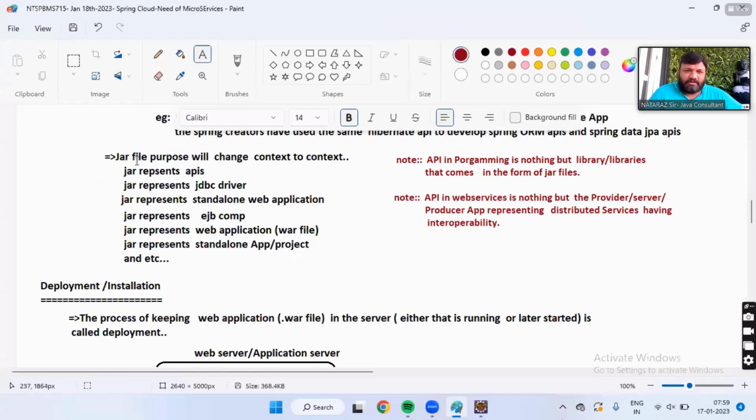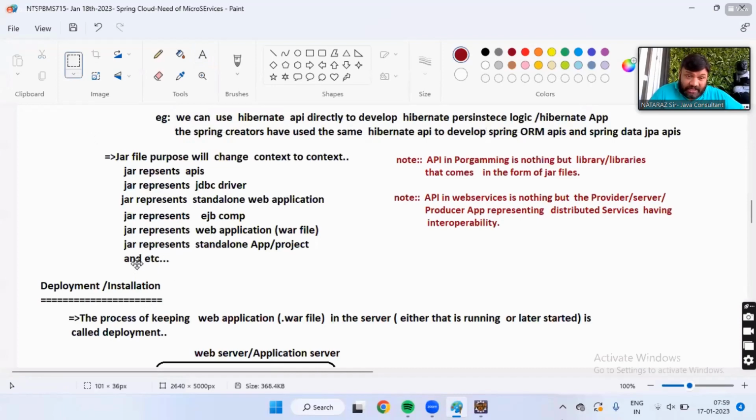The jar file purpose will change context to context. A jar file represents APIs. A jar file represents a JDBC driver. A jar file represents a standalone application or project.